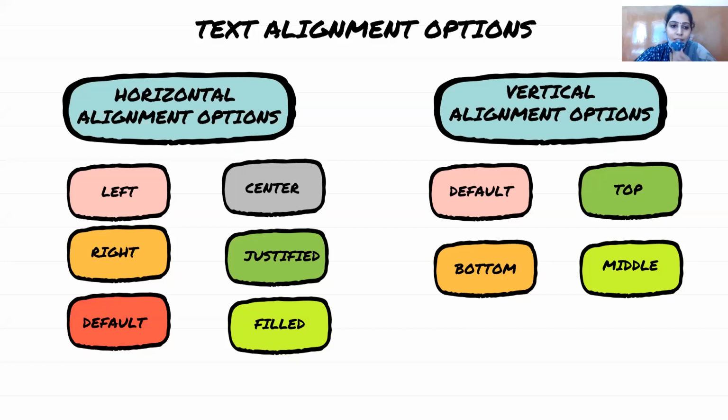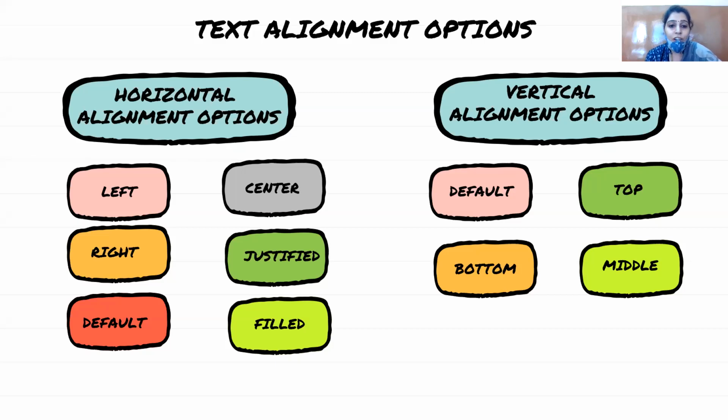And default, who will tell me the default alignment? We discussed it in the first lecture. What is the default alignment in Calc? The default alignment means numbers are by default right aligned. So when you insert a number in a cell, it is automatically right aligned. But when you enter alphabets, that is text values, they get aligned to the left side. That is the default alignment given in Calc. Numbers are right aligned, text will be left aligned, right?